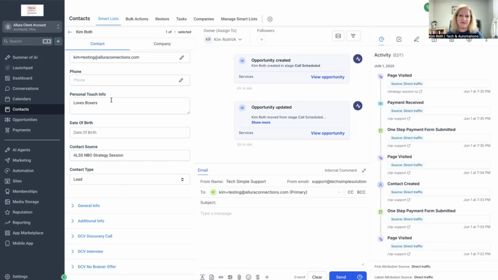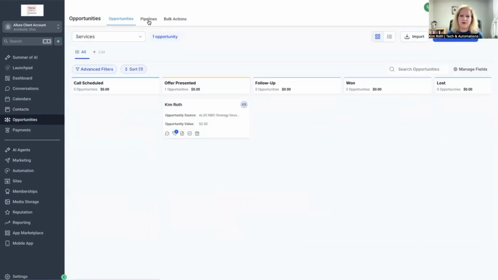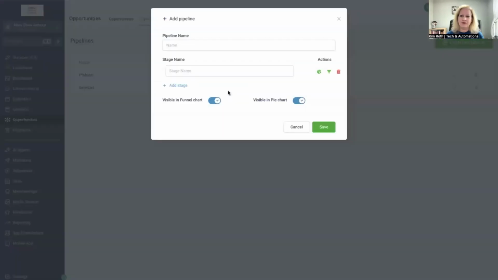Now that we have a couple contact fields set up, let's go ahead and create the actual pipeline where you can visually track where each lead is in your process. So we are going to go up here to opportunities. We're going to go over here to pipelines, and I am going to create a new pipeline just called lead tracker. And you can have multiple pipelines. And if you have a podcast or an interview series and you want to track where each person is in that process, you can create a pipeline for that. So you have many opportunities in order to have that visual look of where your people are in any process